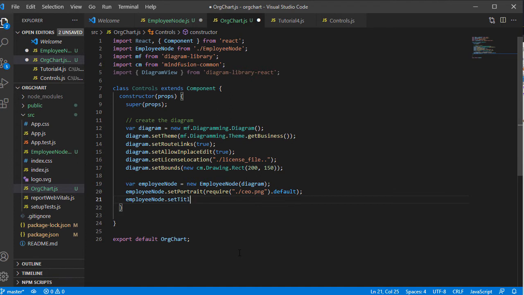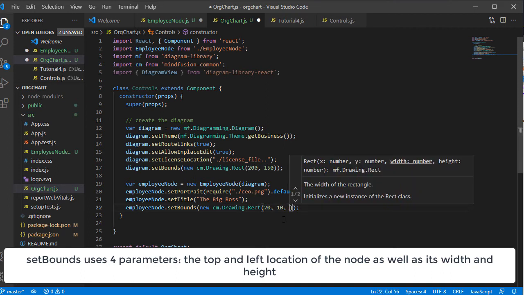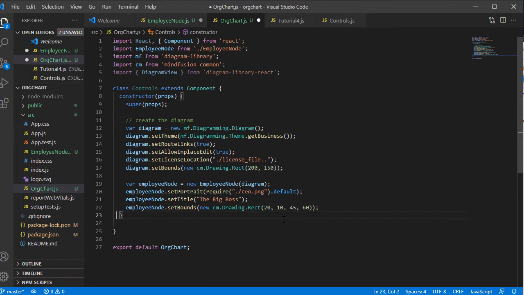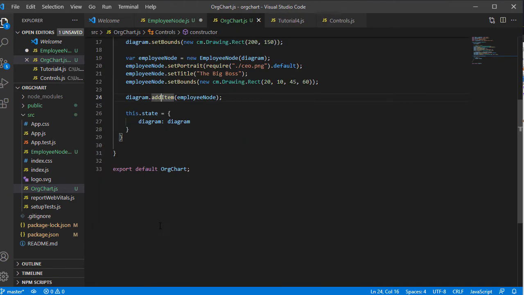We also use setTitle and specify the bounds of this node as well. We need to add the newly created node to the diagram with add item. We also store this diagram instance in the component state.